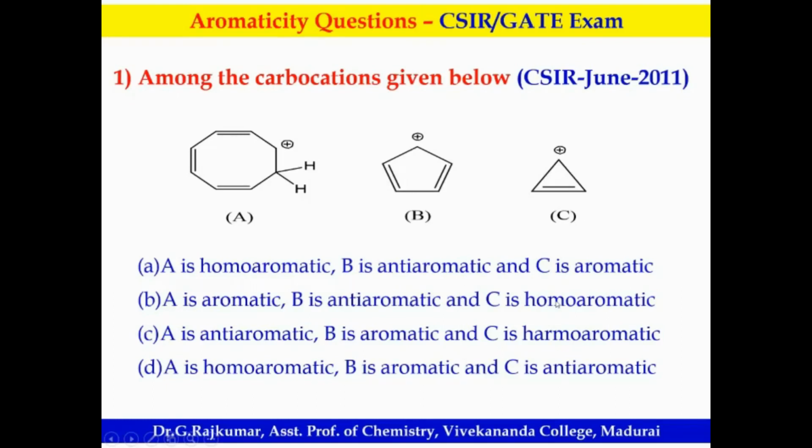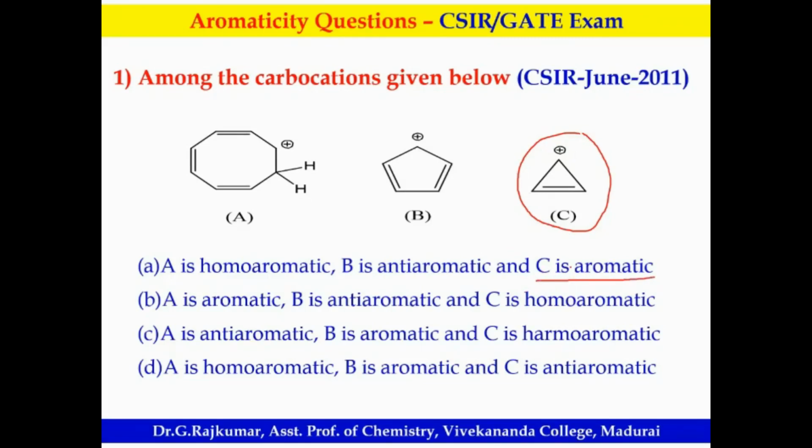You can predict the stability from known to unknown. So far we have discussed cyclopropenyl cation is aromatic. Am I right? We have discussed so many problems based on cyclopropenyl cation. This is aromatic. Among the given options